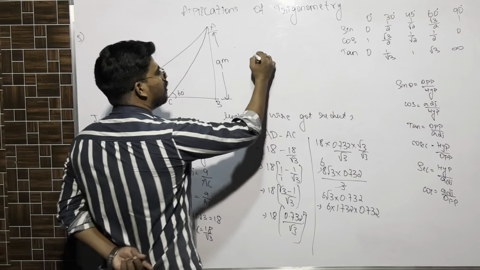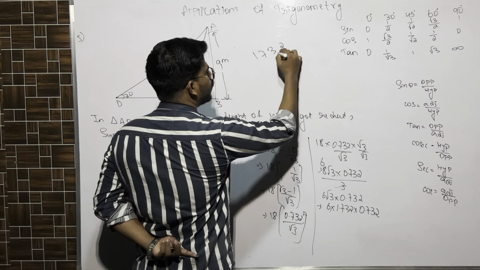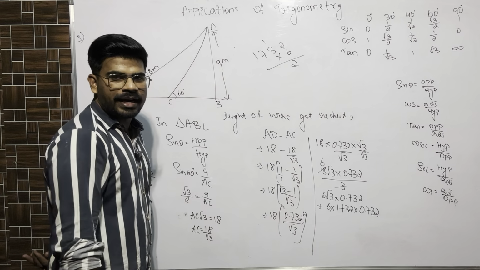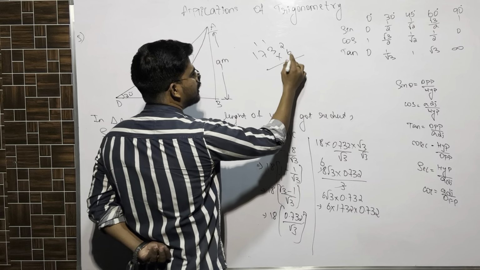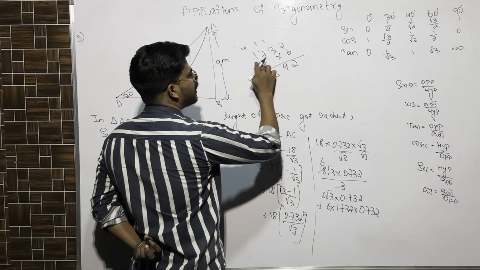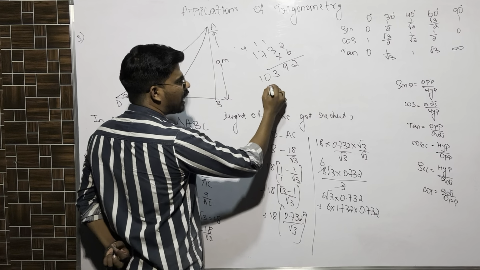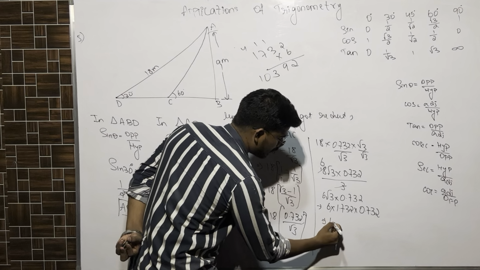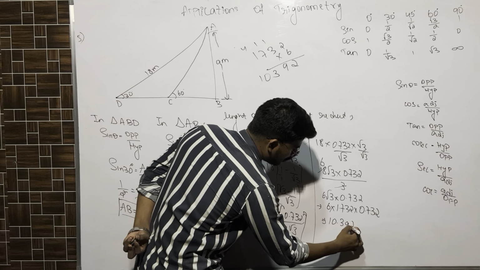6 into 1732. 6 2s are 12. 6 3s are 18 plus 1, 19. 6 7s are 42 plus 1, 43. 6 1 is 6 plus 4, 10. After 3 numbers, point. So it is 10.392. 10.392 into